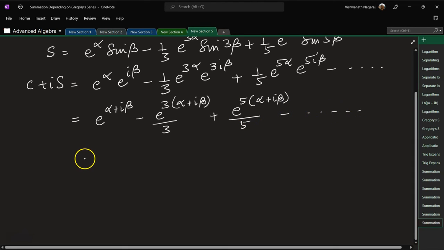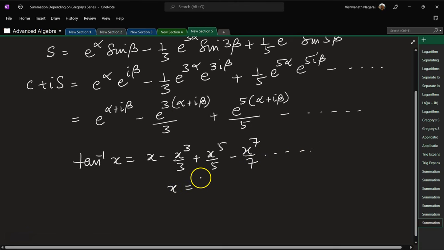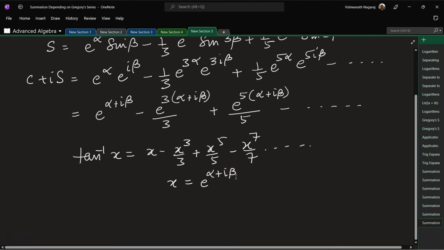If you remember, Gregory series says tan inverse of x is equal to x minus x cube by 3 plus x to the power of 5 by 5 minus x to the power of 7 by 7 and so on. So here x is equal to what? E to the power of alpha plus I beta, right? So which means our C plus IS becomes tan inverse of e to the power of alpha plus I beta,